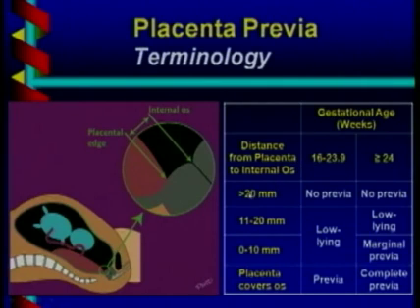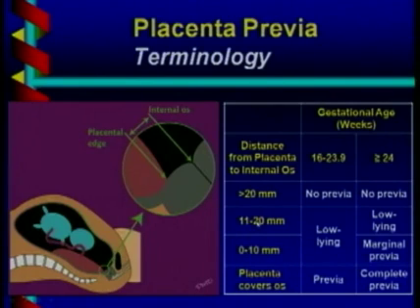If the distance from the internal os, from the placenta to the internal os, is over 20 millimeters or 2 centimeters, then we say no previa at any age, 16 to 24 weeks or more than 24 weeks. If the placenta completely covers the os, we call it a previa or a complete previa. When it's close but not there, so when the distance from the placenta to the internal os is